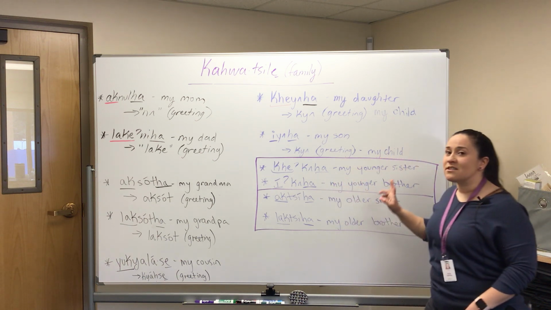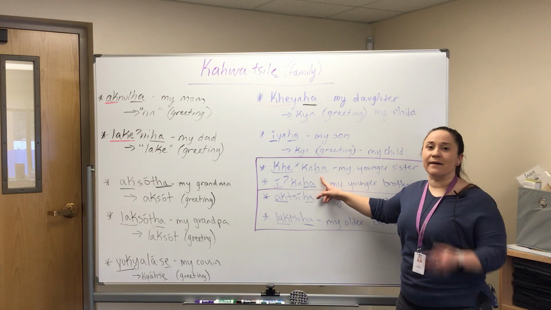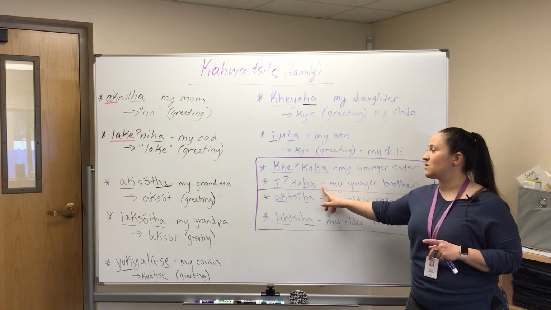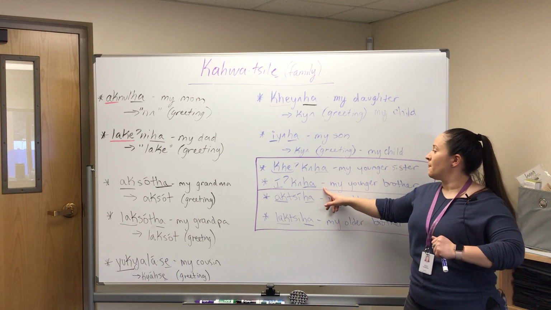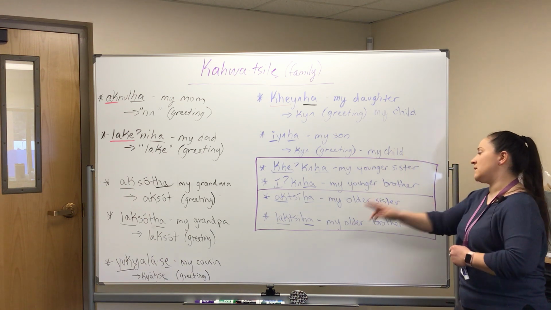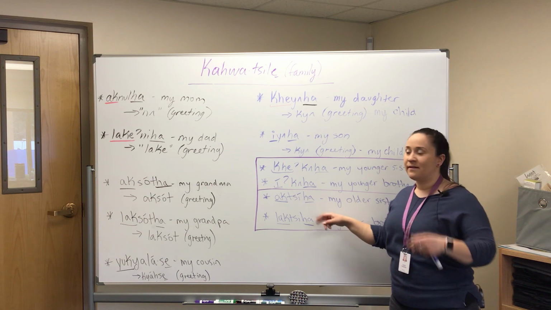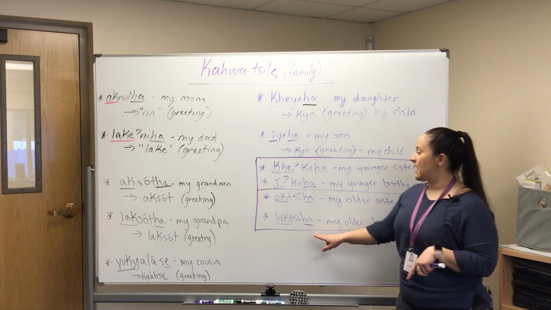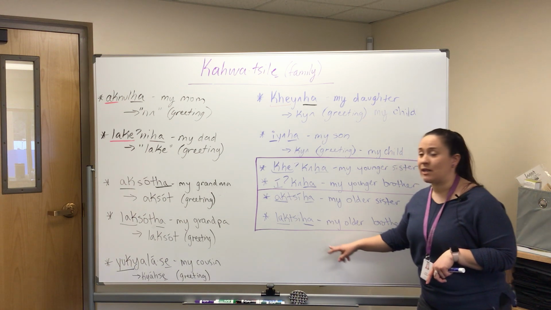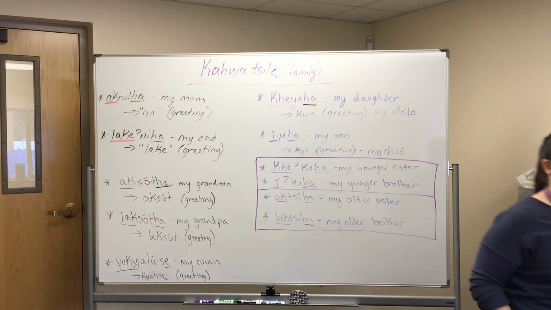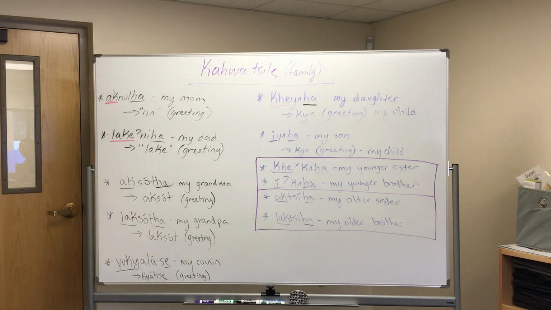We'll go to my younger sister and my younger brother. Everyone, Kega. Kegaha. Awesome. My younger sister. The next one. Everyone, Iga. Igaha. Good. That's my younger brother. Let's see, the last two. Everyone, Ukji. Full word. Everyone, Ukjiha. Yep, my older sister. And then the last one is for my older brother. So Lukji. Full word, Lukjiha. Great. So that is Gahwajile ni Gawanodase. So those are family words.